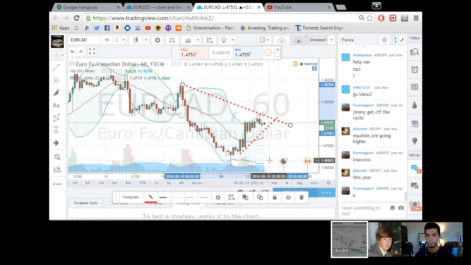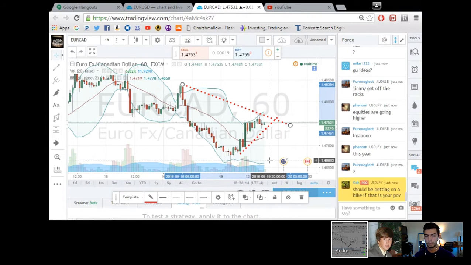But basically, I'm just going to read off TradingView right now. It says the Bank of Japan is due to conduct a comprehensive review of its policy and framework, and that combines negative interest rates with a massive asset buy-in program. So if they do go negative, it's going to be pretty bad for the Japanese yen.